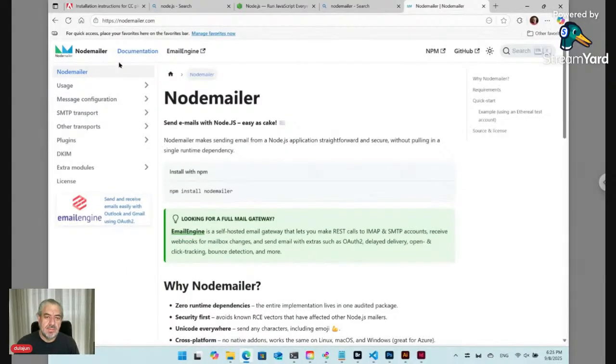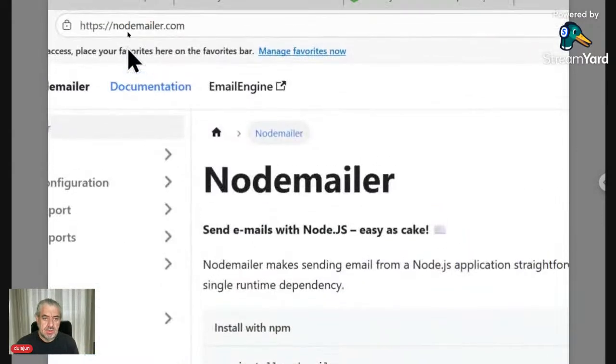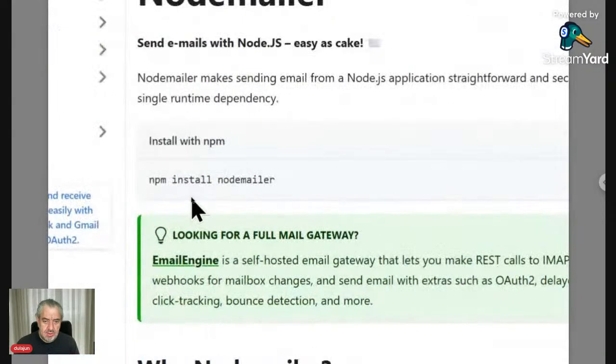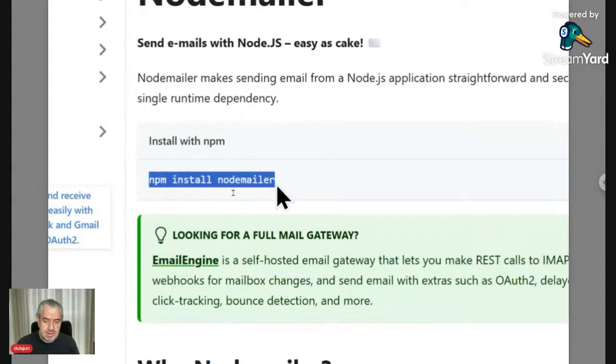Okay, this. So go to nodemailer.com and you will find the command here, npm install nodemailer. So execute this command on the root folder,